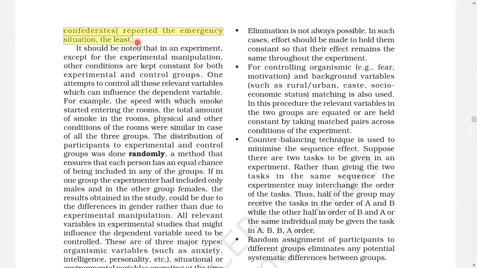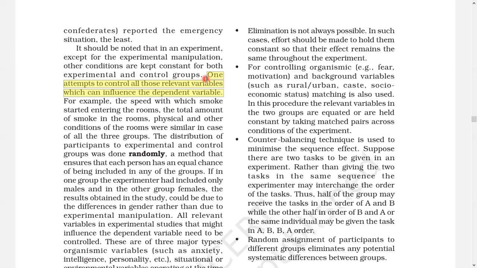And here, let us proceed. It should be noted that in an experiment, except for the experimental manipulation, other conditions are kept constant for both experimental group and control group. One attempts to control all those relevant variables which can influence the dependent variable. The experimenter himself. Why is this called the experimental method?